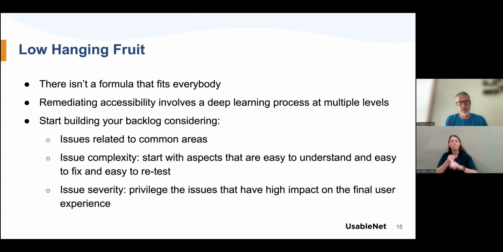Combining these two parameters might give you, at least in the initial period, a quick way to increment the accessibility level of your website in the shortest time possible. And you do that by working on the issues that have the highest priority but are the easiest to remediate.